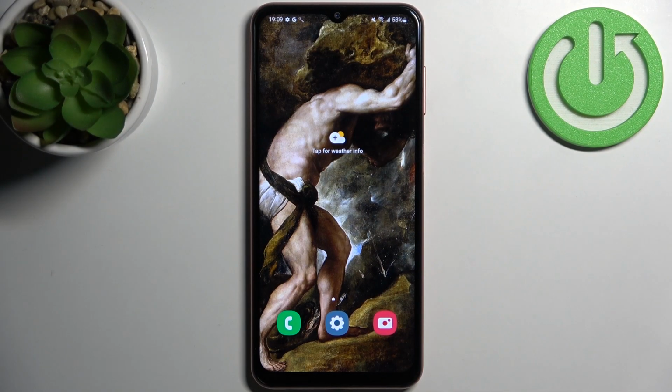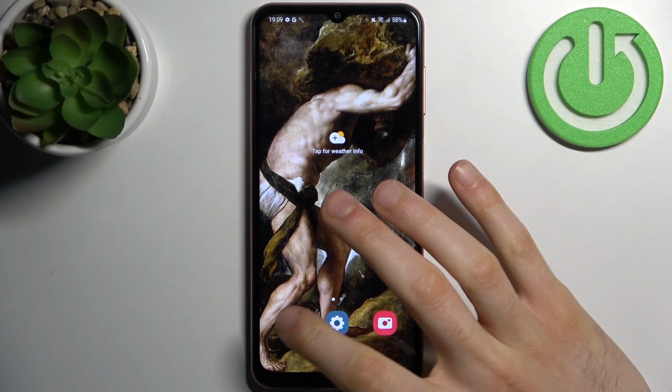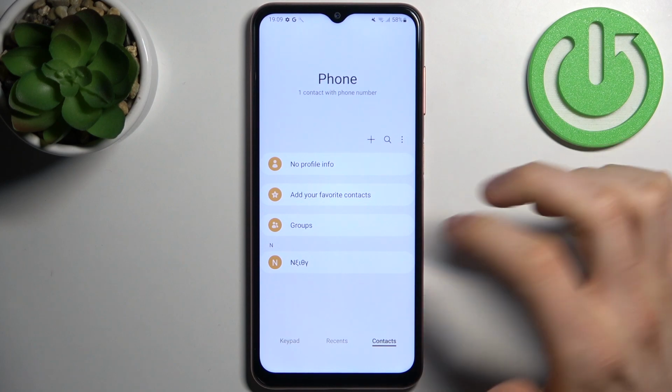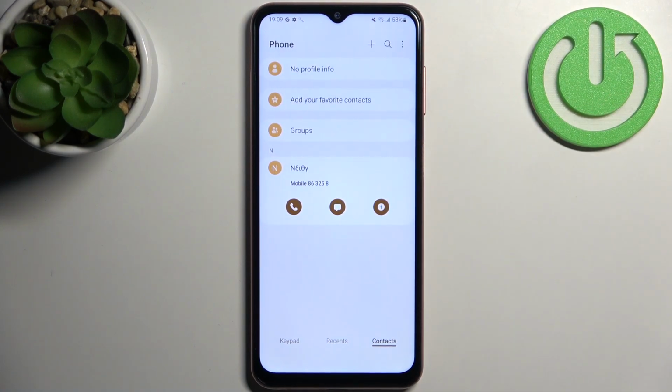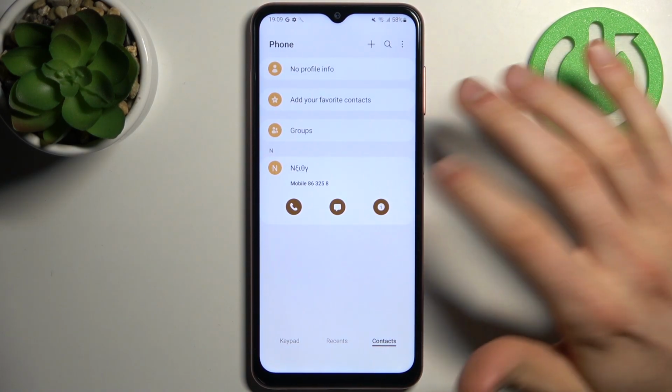Here I have Samsung Galaxy A04s, and today I'm going to show you how to add photo to contact on this device. So firstly you have to open contacts list, then select contact which you want to add photo, tap on this